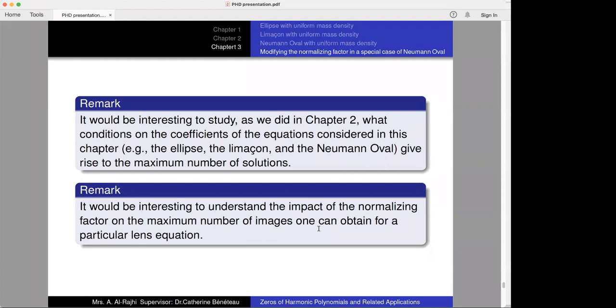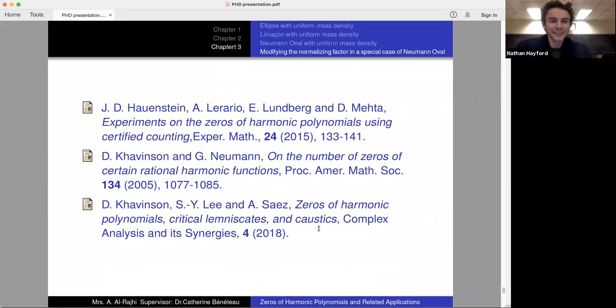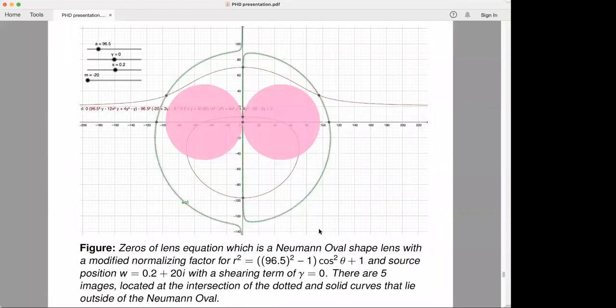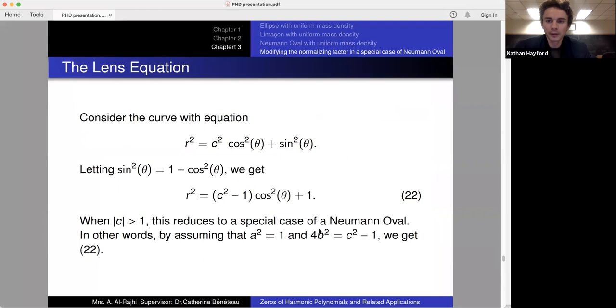Finally, I'm wondering, is there any relation between the normalizing factor and the maximum number of images that we can get from each lens? A question about that, actually, could you go back? By this last remark, you mean changing the density so that you have uniform density, as we did for the normalizing factor, as you see here, like 1/3 pi versus 1/